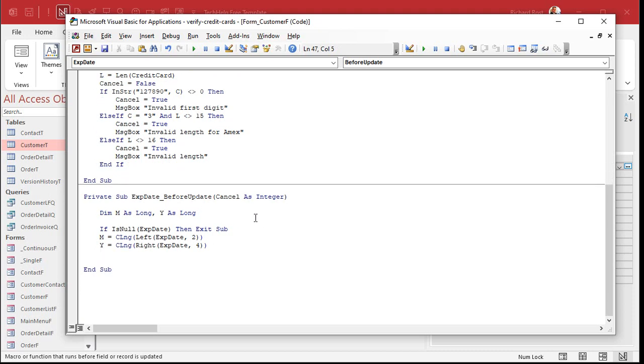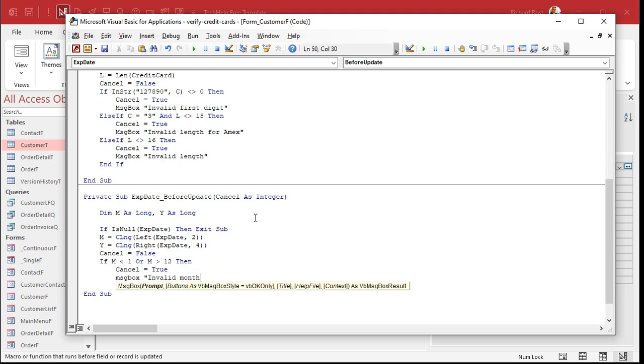Okay, same technique as before. We're going to start Cancel equals False. Everything's good until it's not. Now, let's check the month first. If M is less than 1 or M is greater than 12, then Cancel equals True, message box, invalid month. They typed in something like 13. Okay, else if,